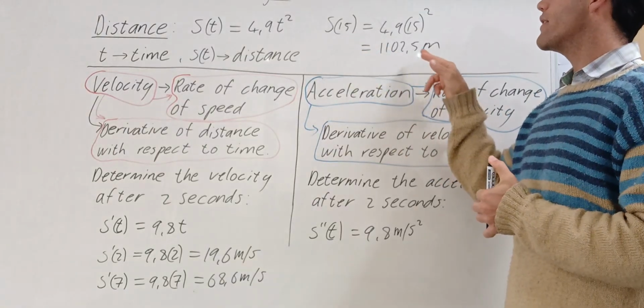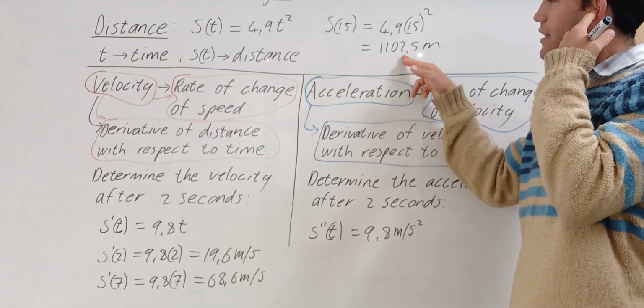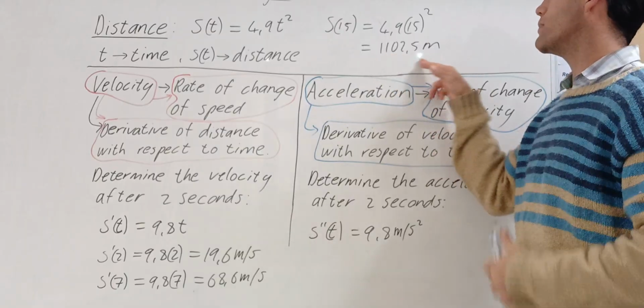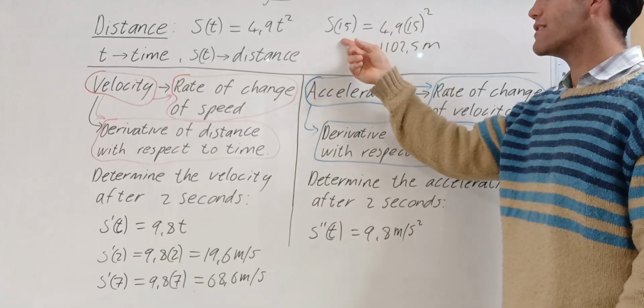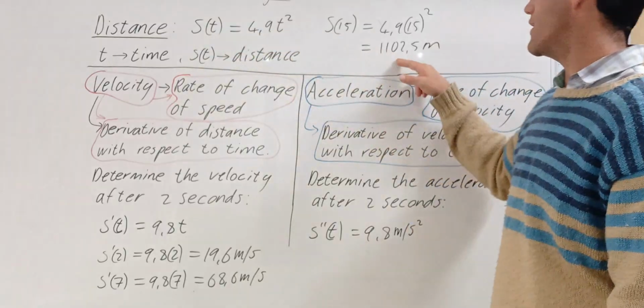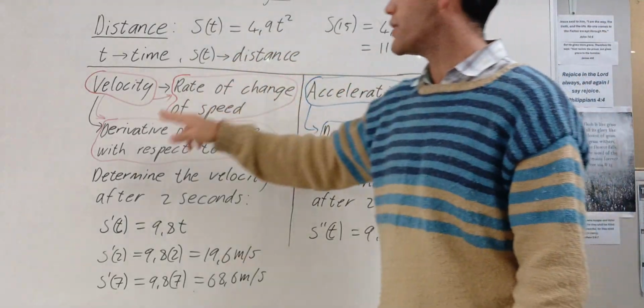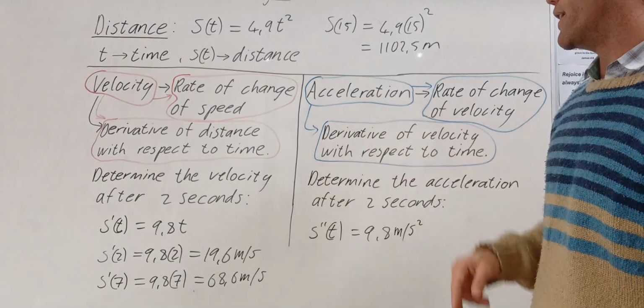Okay, so that means if it traveled for 15 seconds this far, the hot air balloon had to be this high when you threw it down. If it said after 20 seconds it hit the ground, then you just put 20 in. So as you can see, the s(t) is to find the distance, the derivative is to find the velocity, and the double derivative is to find the acceleration.